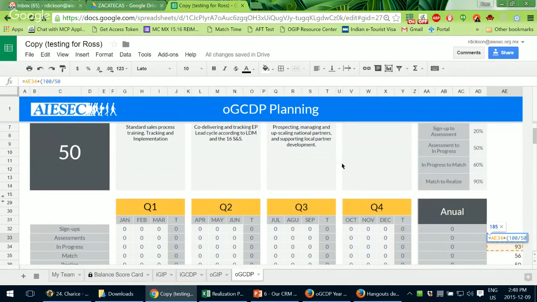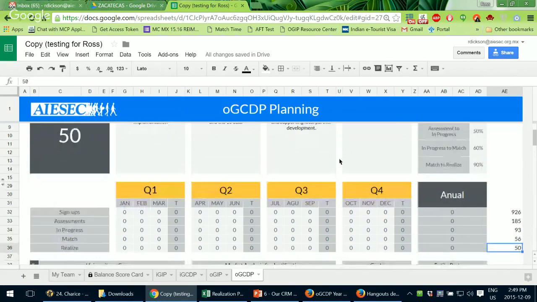So it's important to remember, do not put 50%. No. Just put 50 and bracket. And enter, 185. So I need to have 185 coffee chats if I want 50 realizations. And now the last one, signups, equals this times bracket 100 divided by 20. Enter. 900 signups. So guys, these conversion rates are extremely important for you to know and to calculate, because